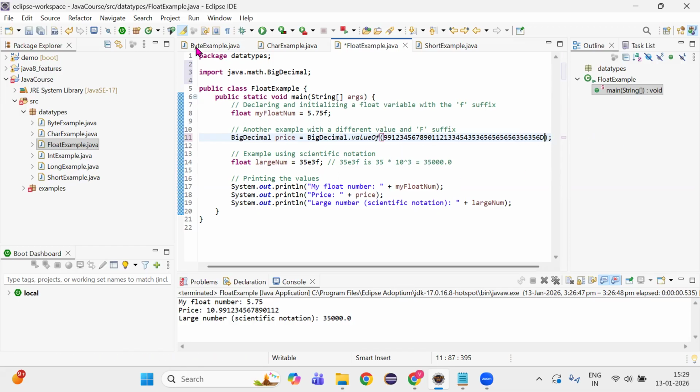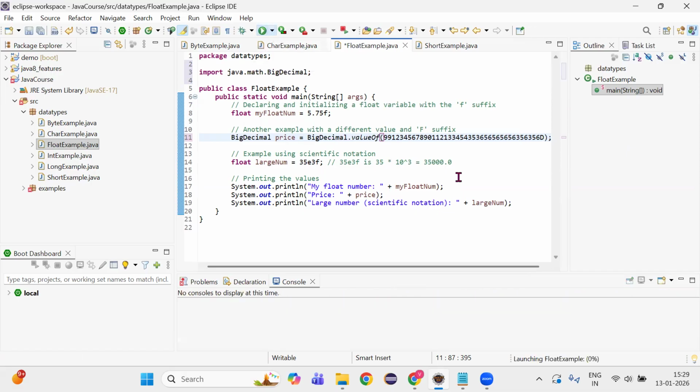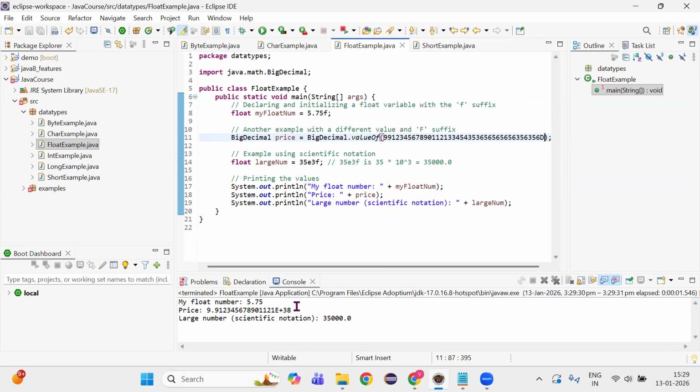Yeah, now it should work. It will print. See, now it is printing all the value, right? Exponential 38, but it's giving accurate values, it's not losing the value, right? So that's how we will